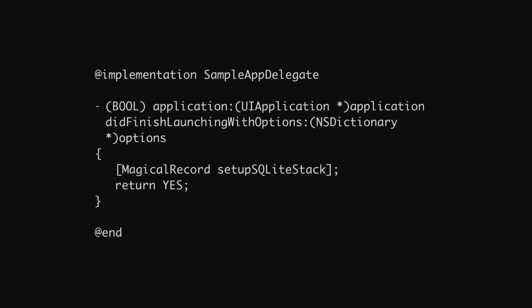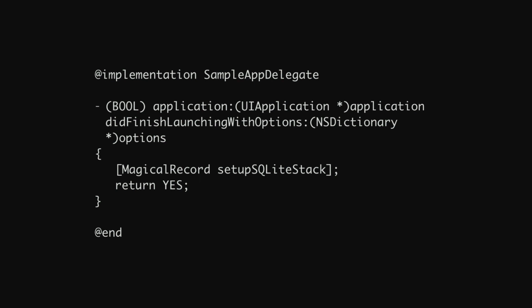We have one that is an iCloud stack. There's also an in-memory stack, and we just have different classes of these things, and they all conform to that parent level API. So that means that all your code ever knows is that you're using Magical Record and you're saving data onto a stack, and the stack conforms to the API, so you can swap out the implementation details on startup or whenever. You just swap out the stack and off it goes. So that is really the power of the way these stacks work now.